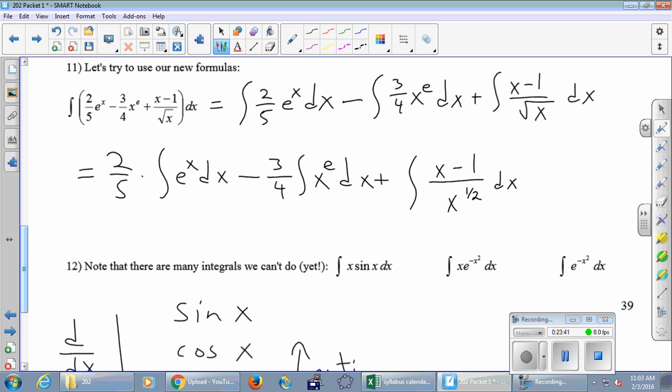Okay, let's start doing some antiderivatives here. Equals 2/5 times the integral of e to the x dx, which is e to the x. Technically plus c, but we're going to abuse our plus c and just put one at the very end. Minus 3/4 times the integral of x to the e is